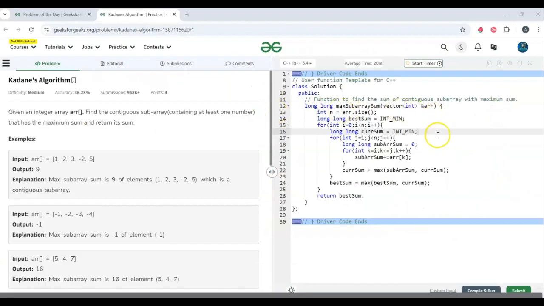So this is the brute force approach code. Here I have generated all the subarrays and calculated the subarray sum of each and every subarray, taken the maximum of all of them as the best sum, and finally returned the best sum. Here the code goes like this. I have iterated i from the first element, taken the j value starting from the first element itself, and taken the k value which runs from i to j and calculates the subarray sum. So let's understand this code